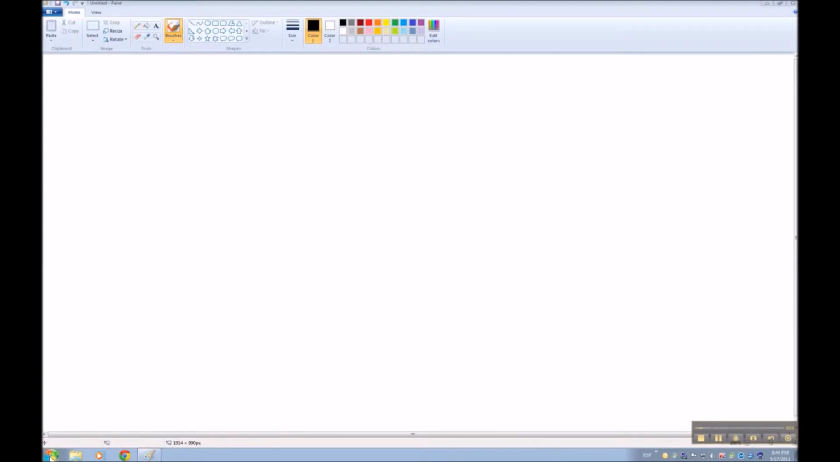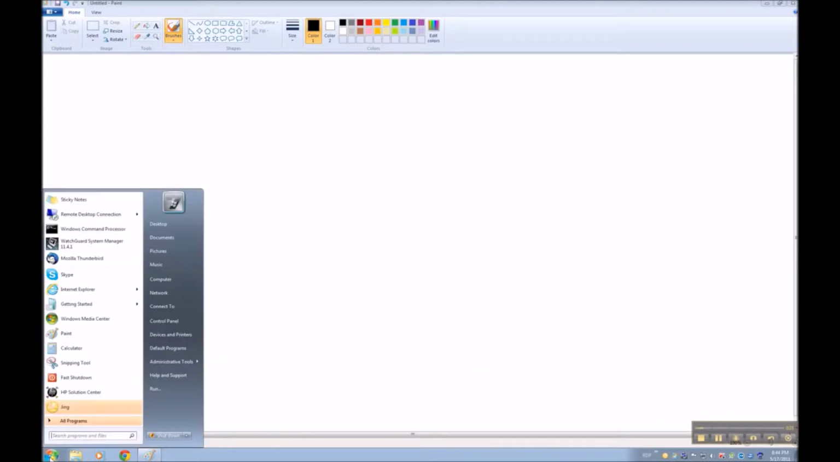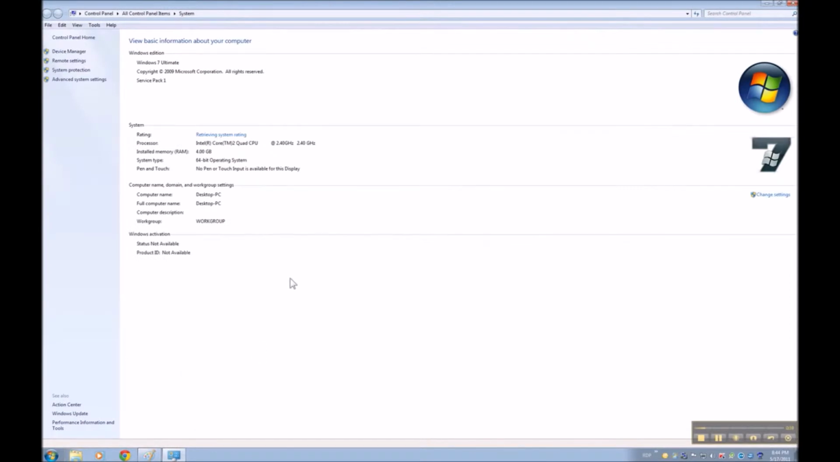what version or what type by going to the Start button, right-click on Computer, and click Properties. As you see, my operating system right now is 64-bit. It's Windows 7. So there is an extra step that you got to do in order to successfully connect to